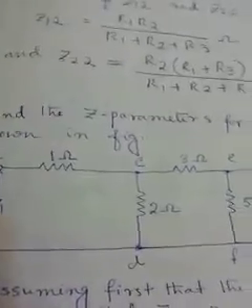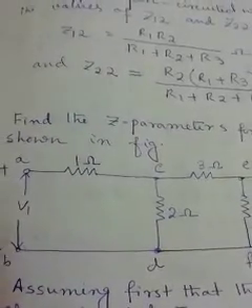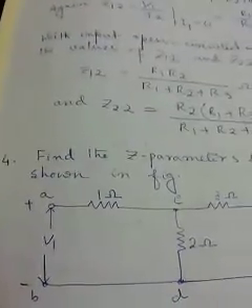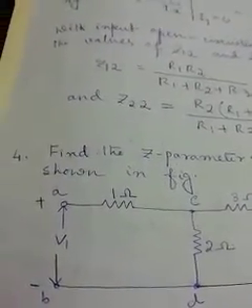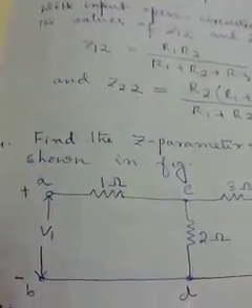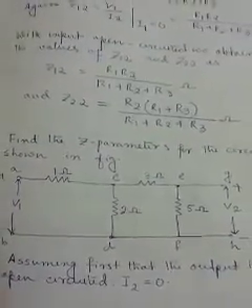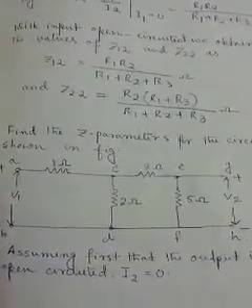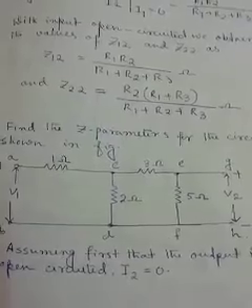So this one is another lecture on the problems on Z parameters. In the last lecture we have shown 3 solved examples, and here we will show the remaining examples, starting from the 4th one. So here also we will see that one network is shown for which we have to find out the corresponding Z parameters from this given configuration.